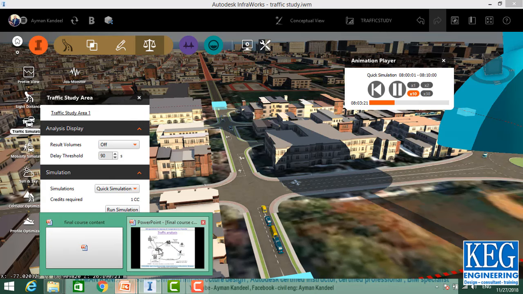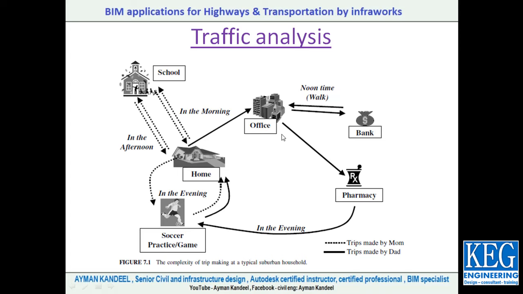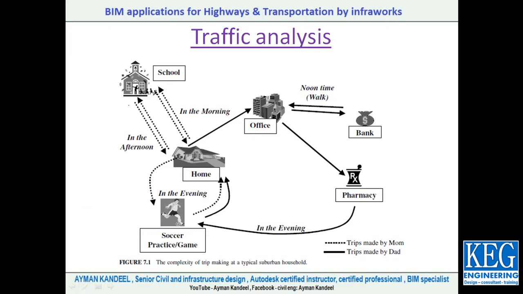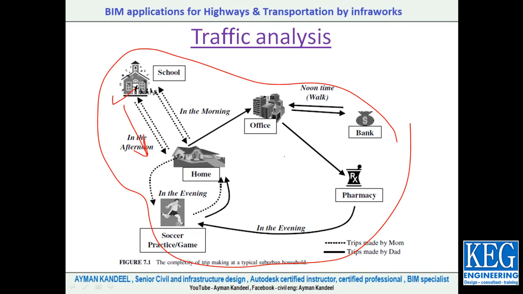First, I'll go for the traffic analysis report. Each day we have a lot of trips moving from one destination to the other. Say this is our destination by the bold line, moving from home to office by our dad, and the second one moving by dotted, moving from home to school and come back for our mom. So all of the day we have a lot of trips go and back on the same direction or